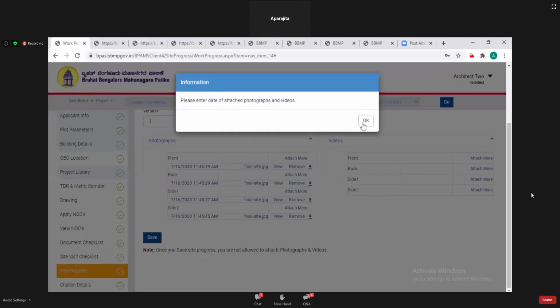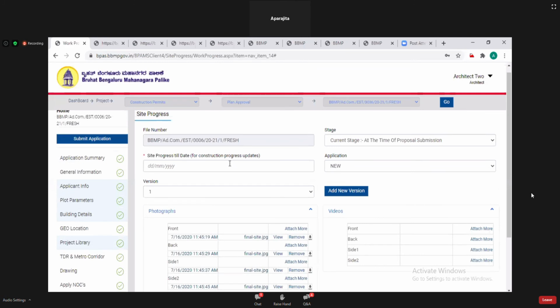Then click on save. Okay, you have to select the site inspection date here.